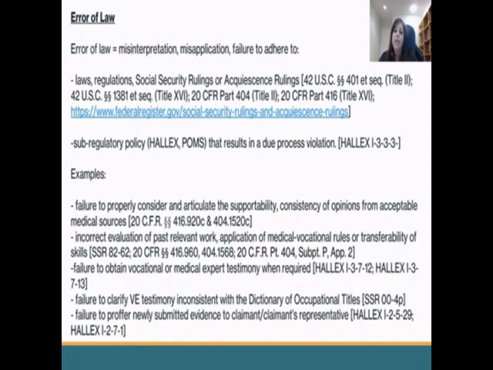I have included a site here so that you can look up what an acquiescence ruling exactly is. I'm not going to go into great detail here. Those types of errors are clear errors of law, as are due process violations that are the result of an error in following HALLEX or POMS. A violation of the HALLEX or POMS in and of itself, without a due process error, is not considered an error of law. We've seen remands due to a variety of reasons, the most common of which are listed as examples here,